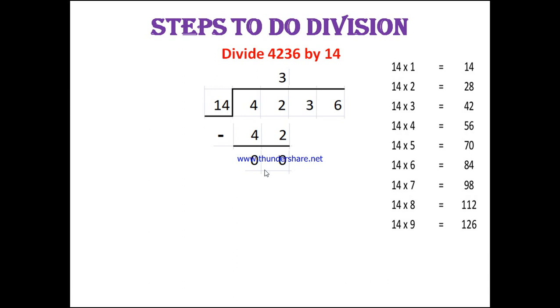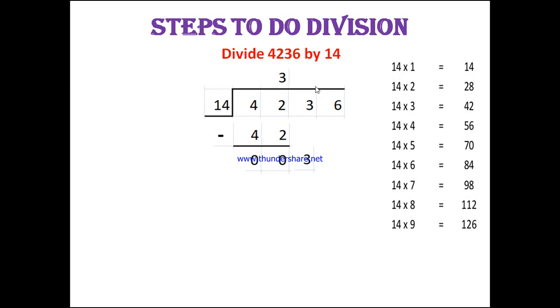See, after subtracting, this is called the remainder. At present the remainder is 0. Then we bring down the next digit from the dividend. Now 003 is 3 only. This 3 is called the fresh number. This fresh number is to be checked in the product column. What is the fresh number? 3. Just see, is 3 here? No, because the starting number itself is 14, so even a number just smaller than 3 will not be available.